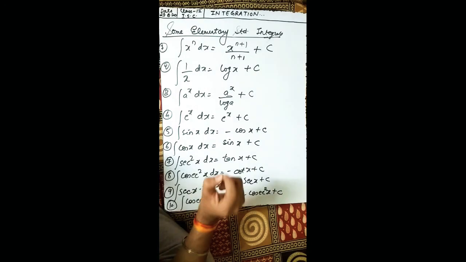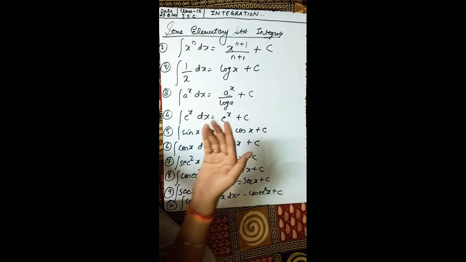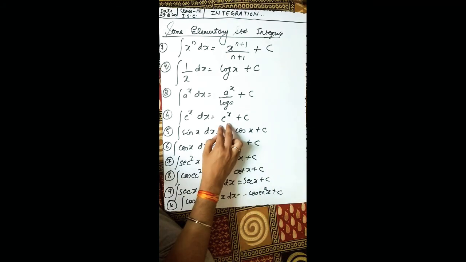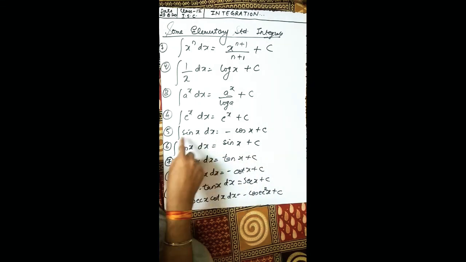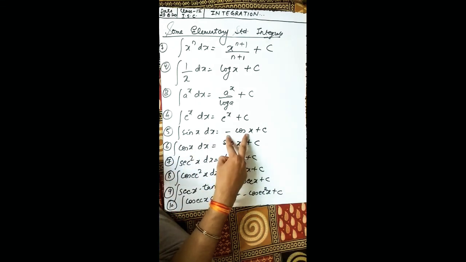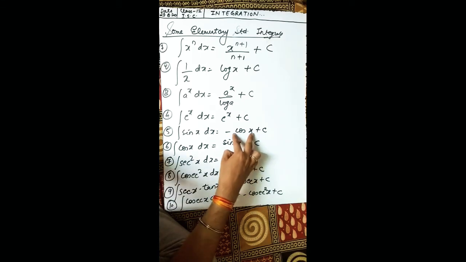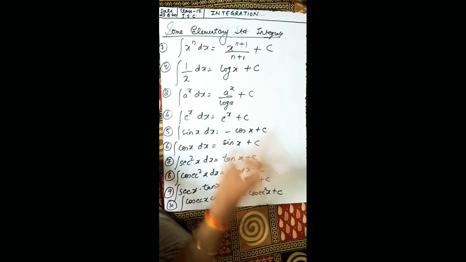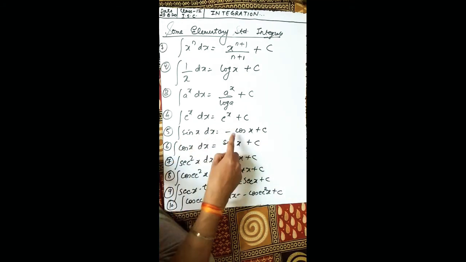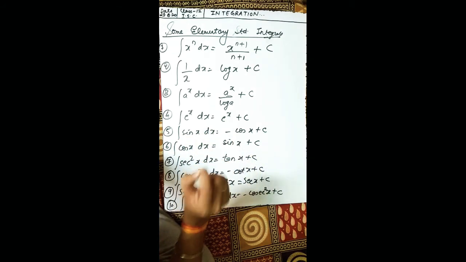So you have to remember that the exponential function is the only function that stays the same on differentiating or on integrating. It will be e to the power x only. Integration of sin x is minus cos x plus c. How is this minus cos x? Because if you differentiate cos x, what will be the differentiation of cos x? Minus sin x. So that minus and this minus become plus, so plus sin x. That is why the minus. So you need to remember, students used to make a blunder mistake here.